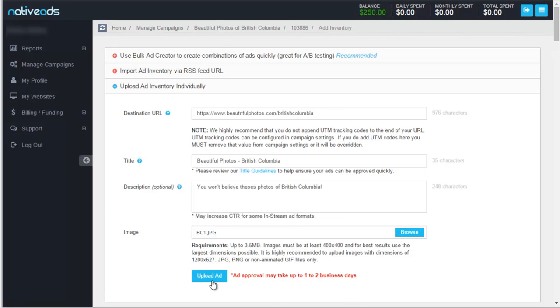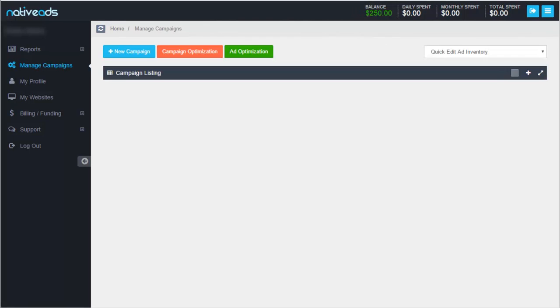to be approved. Once you have sent your ads for approval, you can see all your campaigns in the Manage Campaign option on the left menu. Here you'll see buttons for creating a new campaign, campaign optimization, and ad optimization. Campaign optimization